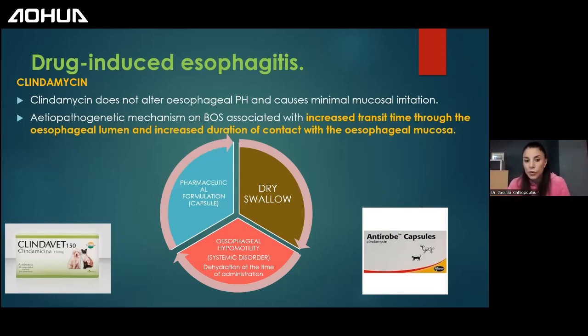I will show you one of my published papers where we had the same effect with amoxicillin and clavulanic acid, which is not clindamycin. It's due to the mechanical effect and the fact that pills, I will show you what the transit time of pills is in cats, take so long. I mean, more than 3 hours sometimes if we just give them on a dry swallow, to proceed from the esophagus into the stomach. So they remain embedded like foreign bodies in the esophagus, and this is how they cause